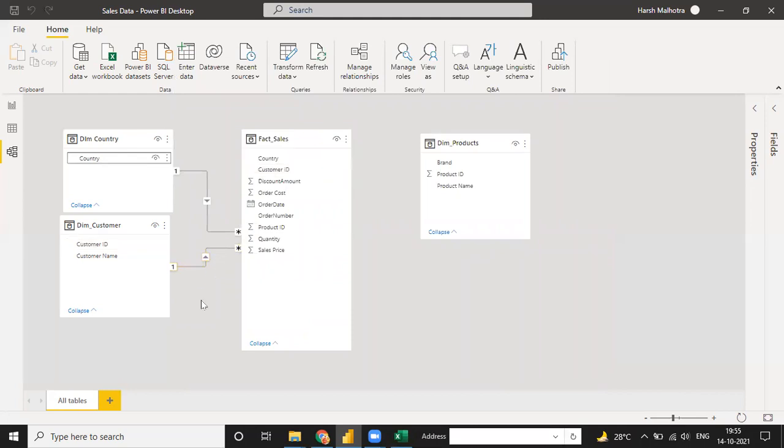Now you understand what a one to many relationship is. If anyone has any doubt about relationships, same way with product ID: in this product ID we have a unique value, but in the fact table we have many values for this one unique ID. That relationship is called one to many. Now we have made all the relationships together, and our relationship part is done.